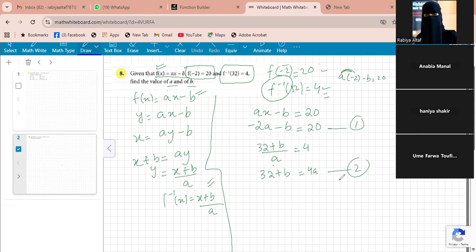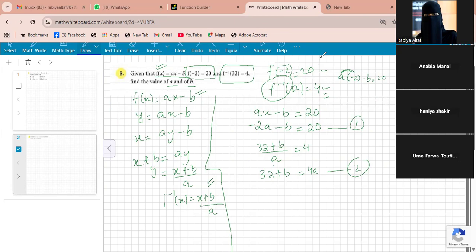Now we need to find the value of a and the value of b. For that, you can go for simultaneous linear equations. By solving simultaneous equations, you will get the two values of a and b. Is there anyone who's going to tell me how to solve simultaneous equations? This was the topic of grade 7. We have two equations with two variables. We can solve them easily and find the value of a or b.